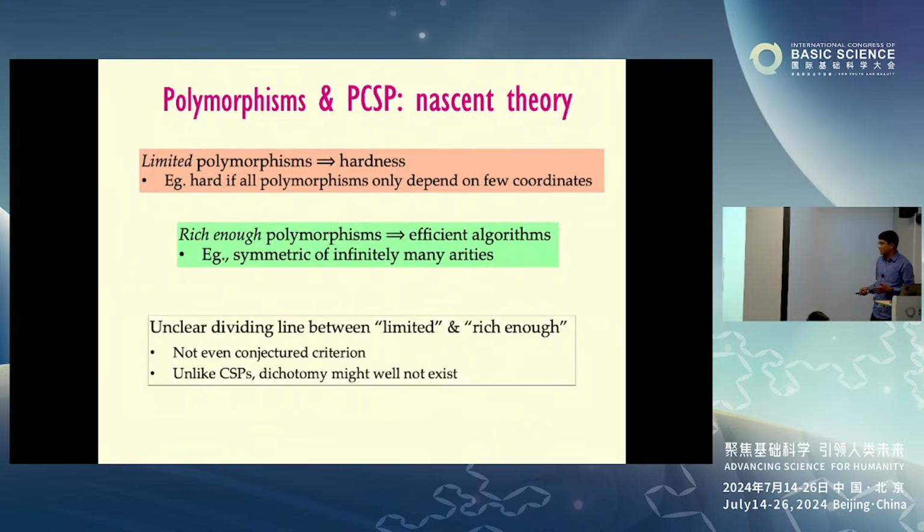So there should be more examples. We have examples. But the difference is not clear, what the divide is, and it is not clear what the criteria are on what the promise problem